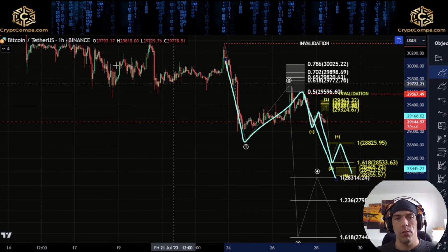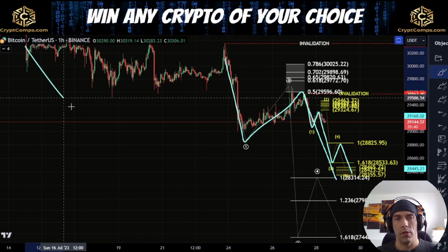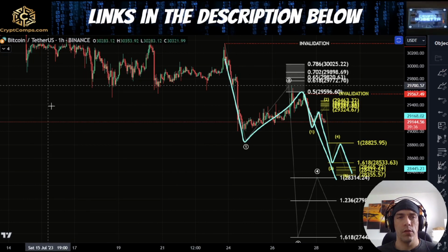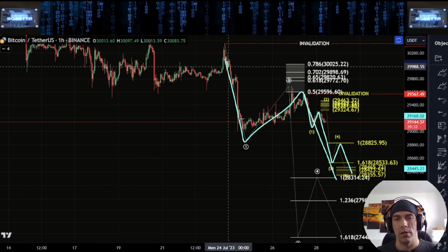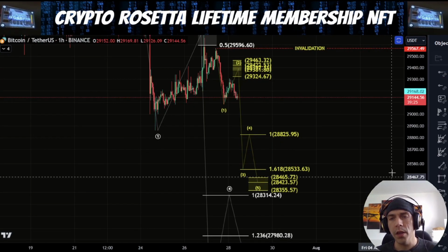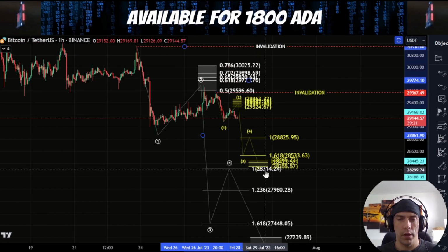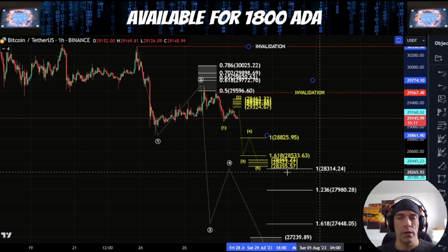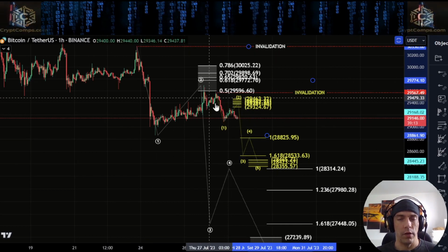Now, the problem is moving down into that area, this would just give us an A, B, and a C. Now, this wouldn't really fit into this idea of this as a five-wave structure where we're looking at this as A, B, and C to the downside. What this could, however, be is still that this is a corrective move in the middle, and we actually just have this as WX, and this makes a Y wave. So we're going to have to be keeping an eye on that idea that even if we do just see a five-wave move down towards this 1-to-1, which is currently sitting here at this 28,314, effectively what we could see is this just being ABC to the downside,